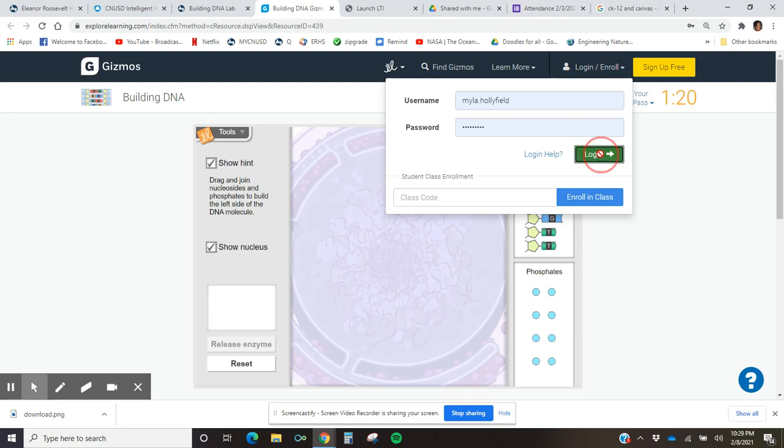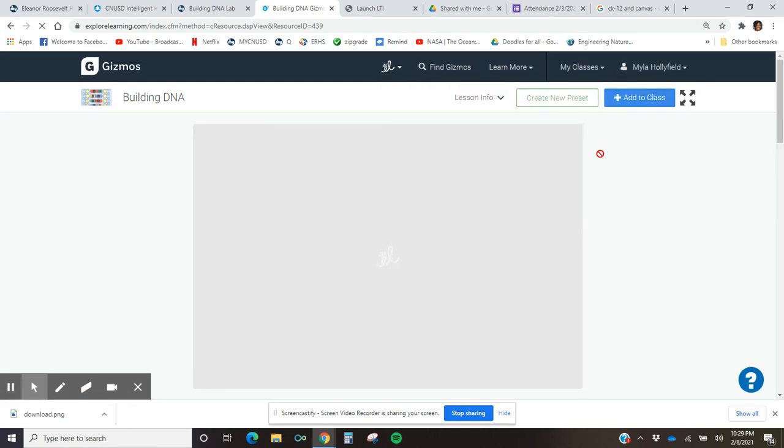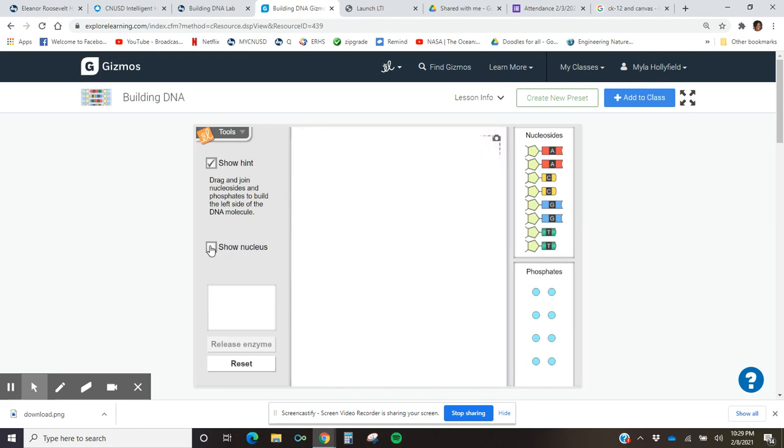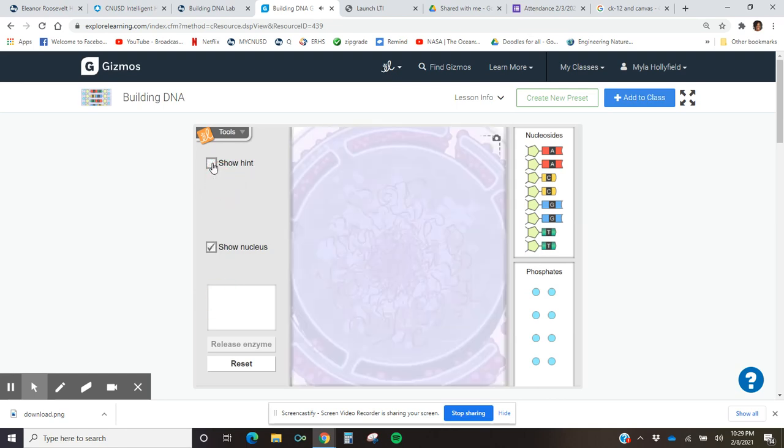So I'm going to go ahead and log in so I don't have to worry about the time. And then you can get started playing. Now this is the nucleus that's kind of breaking apart everything happening within a nuclear envelope. You can take that away. You don't necessarily have to keep it if you don't want it. And then this is actually showing you hints. So it kind of gives you little hints on what you can do when you are building that DNA